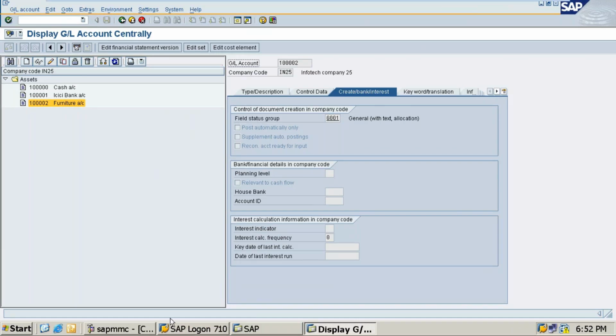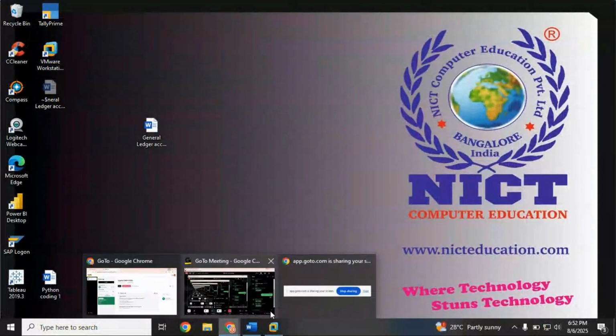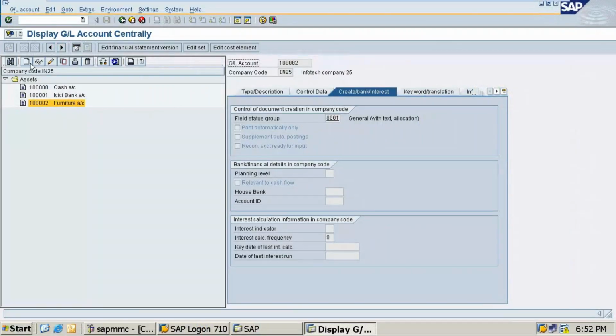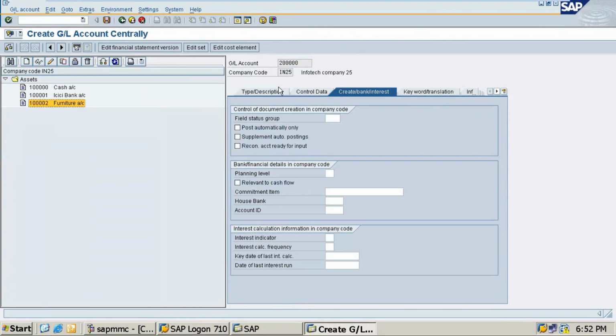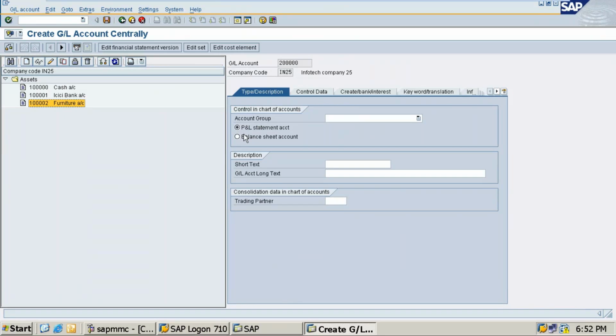Completed, students? We'll do the next one. Yes, ma'am. Okay. So click on create. Now I'm going to create 2 lakhs. Okay. Click on this. Types and descriptions. This is also balance sheet. Now select liabilities. Select liabilities. Short descriptions. I'm going to create